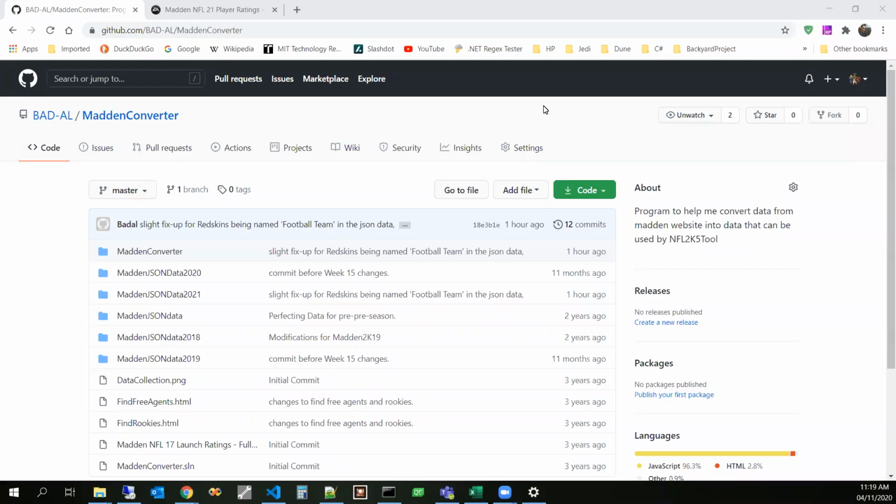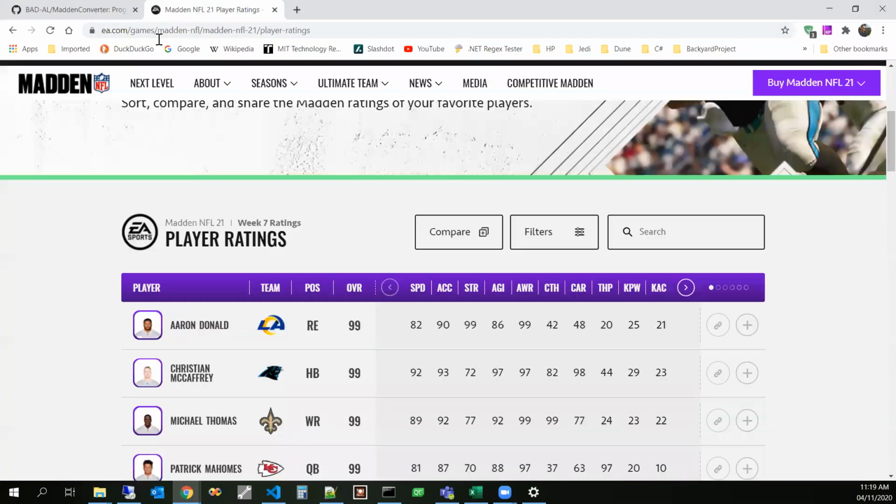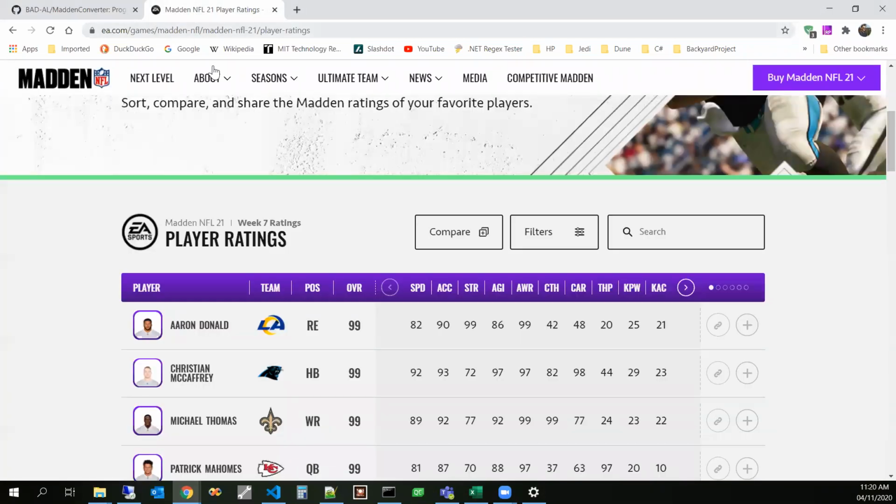Hey there, this is a quick tutorial on using the Madden converter. This is something I use for NFL2K5 Tool. Been working with Lost Soul in the 2021 conversion process between the Madden data that is available on the EA Madden website here. It's a program that I've